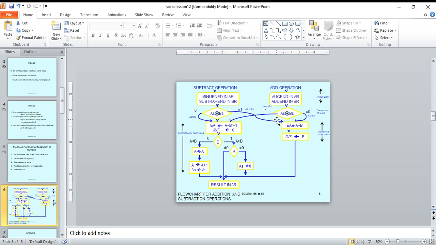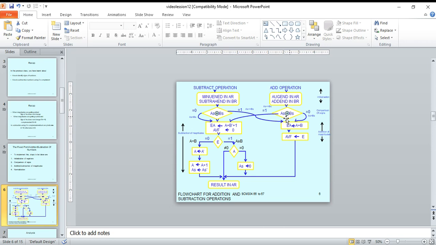In the last class I told you plus 5 plus 4. Then compare the signs. AS is the sign of the first number, and BS is the sign of the second number. So here we have to do the comparison. For example, in the addition operation, plus 5 was placed in the AR register, and plus 4 was placed in the BR register.